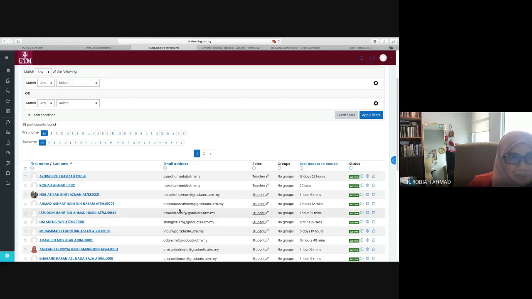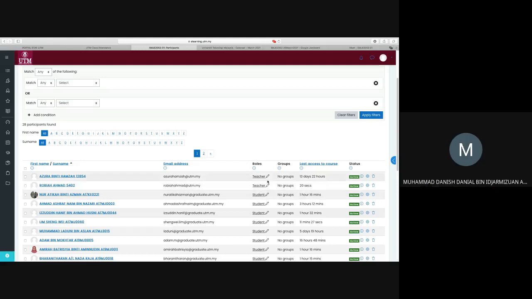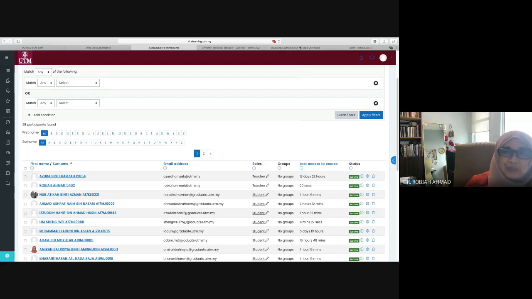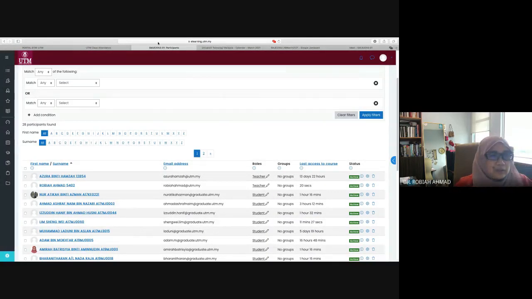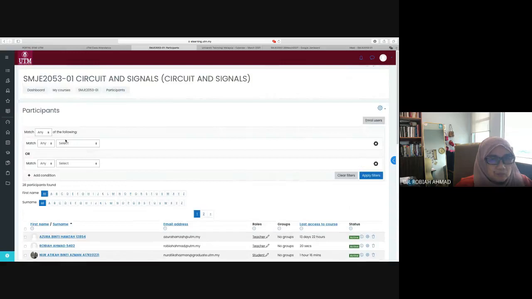I shared before, kan, dekat dalam WhatsApp group tu. Yes, okay, Doctor. Thank you. Use that link, you can also get or download the notes. Okay, boleh? Tapi mungkin Danish tak boleh. About this problem, Jamboard you still can. Padlet, you still can go to Padlet because whatever that you write to Padlet, for example, macam